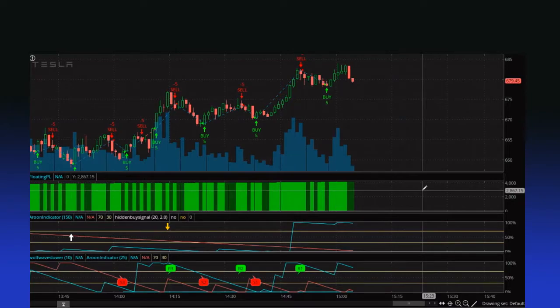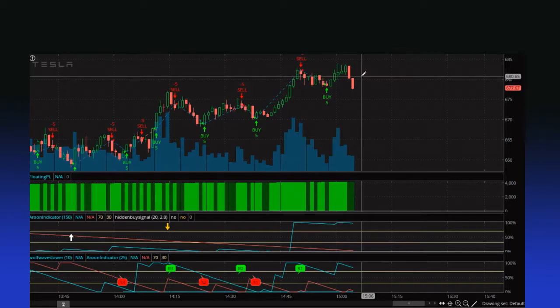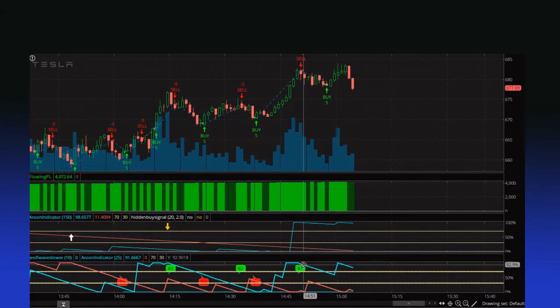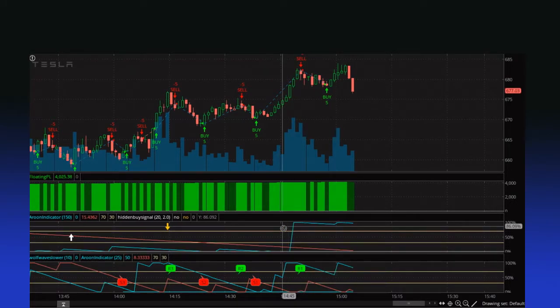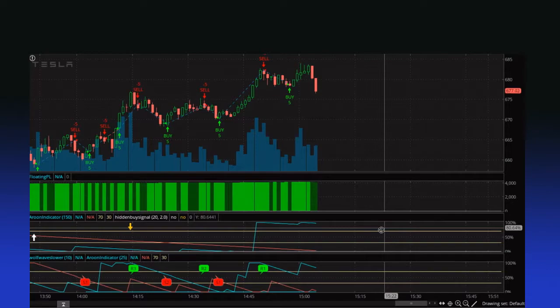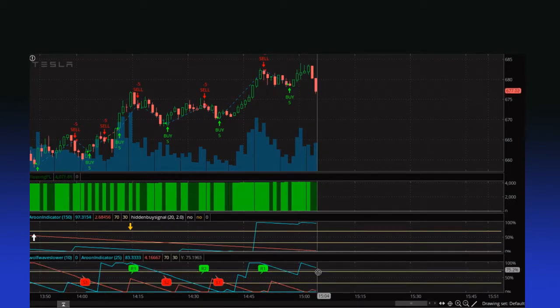All right. So overall, we've seen this climb up, and I feel like now it's time for the rejection back down. As we're plotting them here on the daily, and even on the longer Aroon settings, we can see a big long period down, spike up. And now it looks like if it doesn't stay within this area, which is overbought, so it won't, and it's already showing its decline on the 25 period, then we can expect a decline on the 150 period to follow suit. So as this declines here,